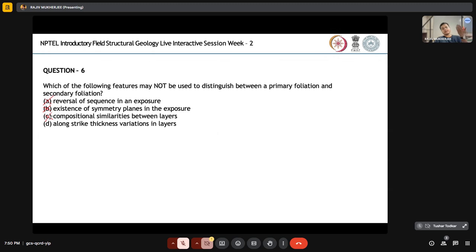And then if you just follow the same deformation, the same phase of deformation, into another lithology, you will see continuous cleavage, because it might be of fine grain size or weaker material. So the spacing, or the thickness variation, between the same phase of deformation or the secondary foliation, or the thickness variation for the same bed in case of a primary foliation, doesn't seem to be a good criteria to delineate between what is a primary plane and what is a secondary plane or secondary foliation. So in this case, option D is the correct answer,